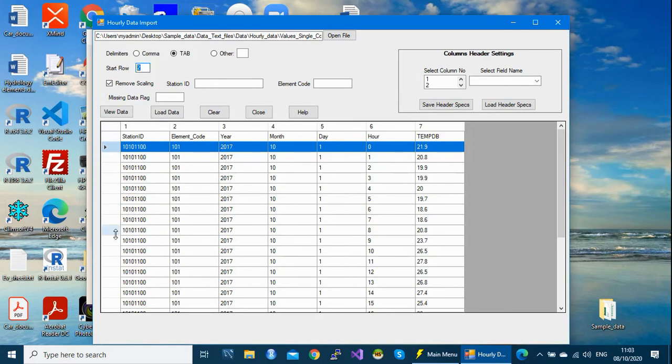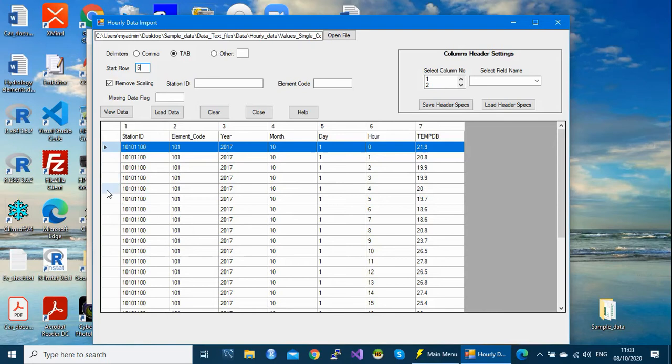So in case you want to start transferring your data from another row, say, for example, 5, that means the first 4 rows will not be taken. You want to start at 1, 2, 3, 4, 5.